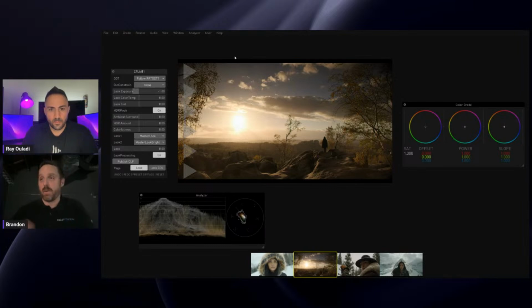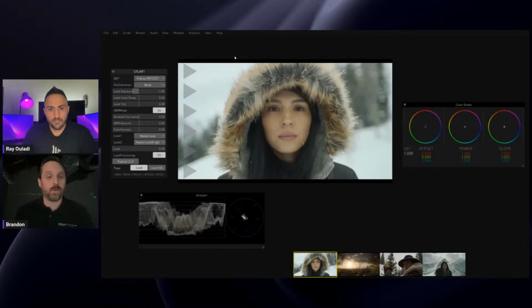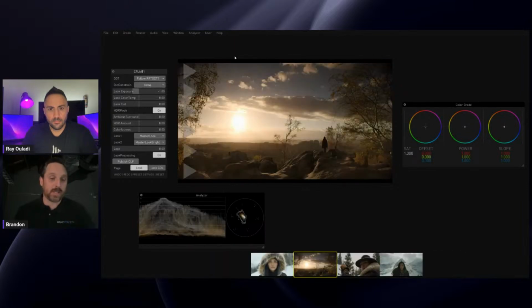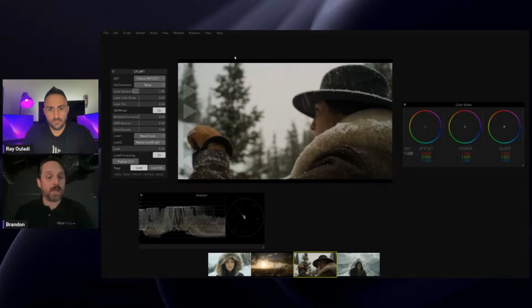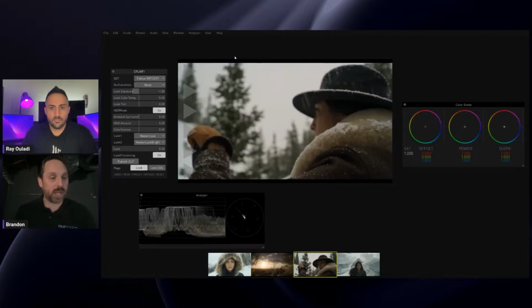And so what we're looking at here is some RED footage. It was originally shot, I forgot where Dan shot this stuff, but it's absolutely beautiful footage. And what you're looking at really quick is just the straight color correction side of things, right? So here is just a pretty image, balanced across. This one's a little bit different because it was shot into the sun, but there's a balanced look across these two shots. One's a little bit brighter, but I can modify that on the exposure side of things.